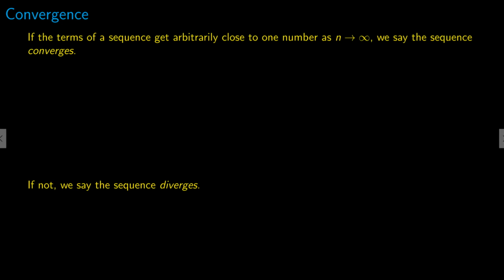If we took the limit as n goes to infinity of a sub n, the nth term of our sequence, that would just be the limit as n goes to infinity of 1 over n, because that's what the formula was for our sequence. And we know that this limit just goes to 0. So since 0 is one number, we'd say the sequence,